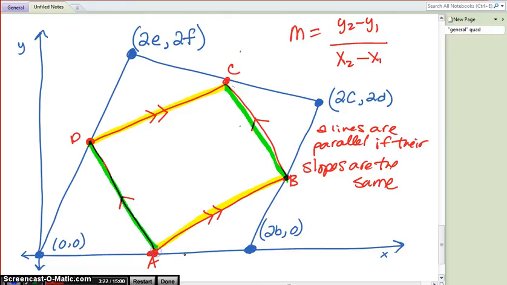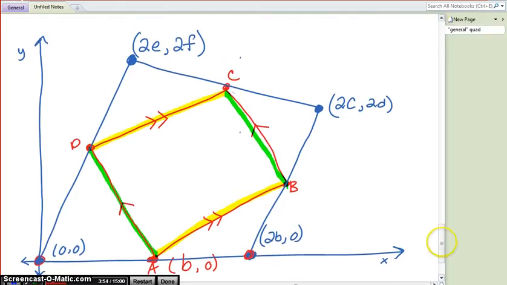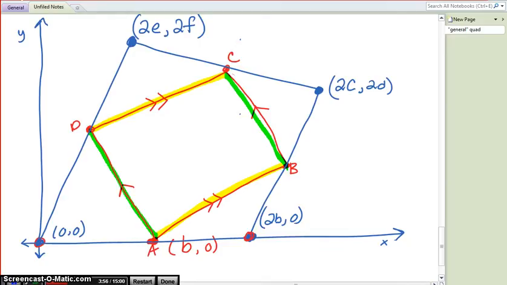So I need values for these coordinates. Take a look at A here. We know it's on the x-axis, so its y-coordinate is going to be 0. And we know that it's halfway between this first point and this second point. We called that distance 2b. Halfway from nothing to 2b is a distance of b. So there's our first coordinate. And we got that coordinate simply by averaging the x's and the y's. You may not have realized right away that we were averaging the x's and y's, but that is in fact what we did. So if we average the x and y coordinates for any of these points,